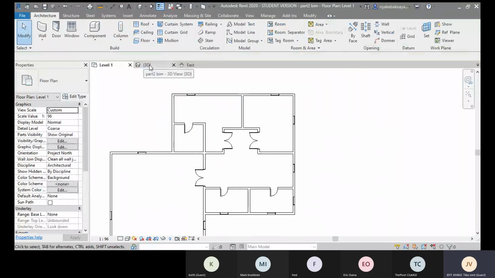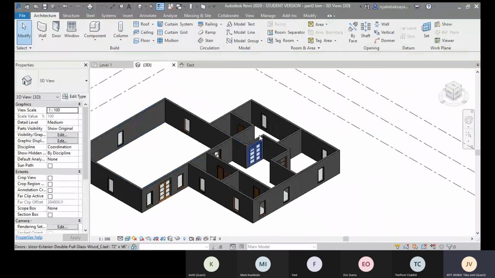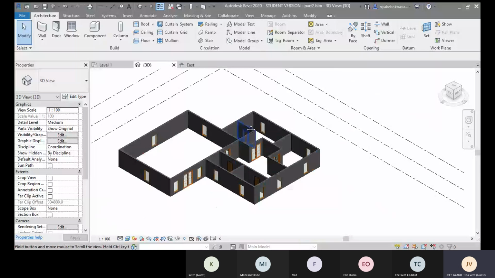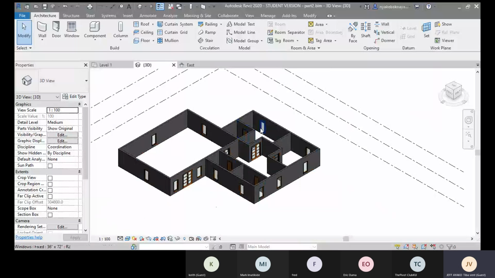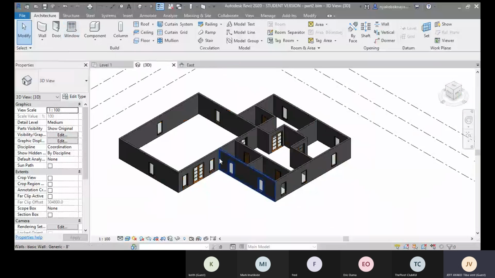So if you go to 3D now, that door is here. That's where we did the placing. Yeah, that's about placing doors. You do the same to your windows. You just come to the window and you do the same thing. Same for the elements that you might need for your house,